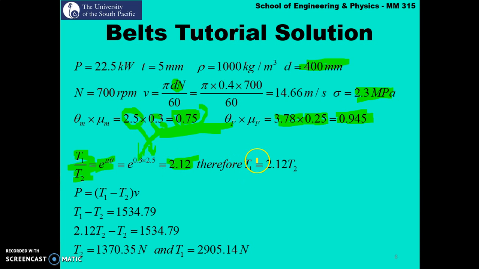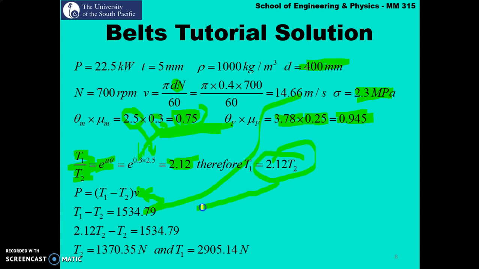So T1 is simply 2.12 T2. The power transmitted by this system is power equals T1 minus T2 times the linear velocity, and we know that power is 22.5 kilowatt. The linear velocity is over here, which is 14.66. So T1 minus T2 is the power of 22.5 kilowatt divided by the velocity of 14.66. So you get T1 minus T2 is 1534.79, and we know that T1 is